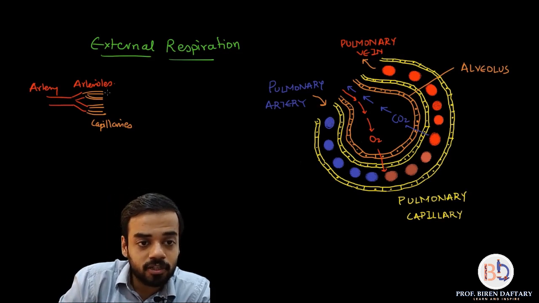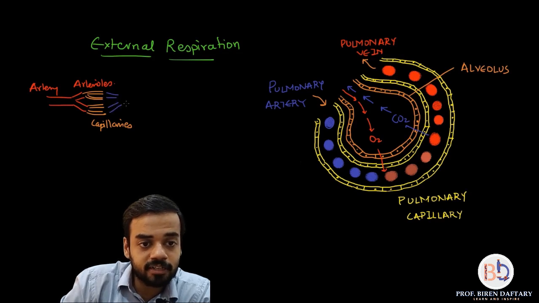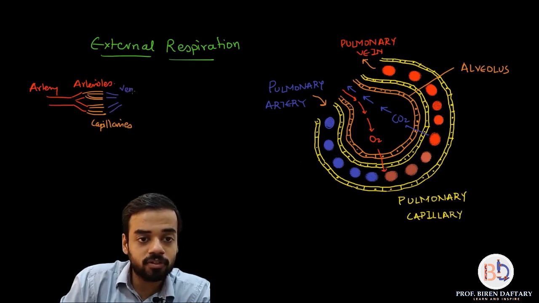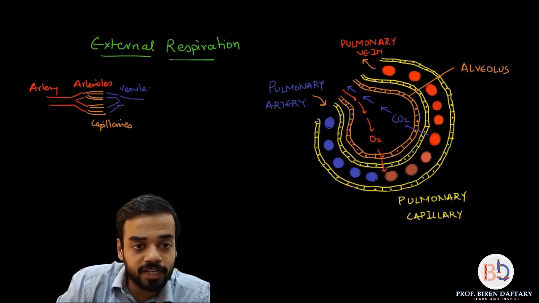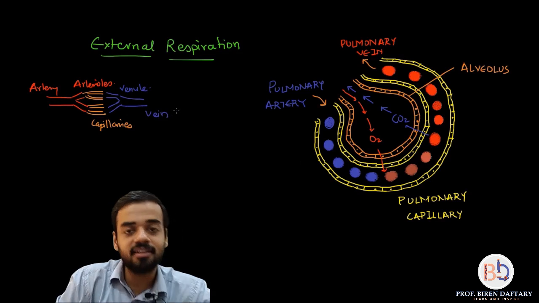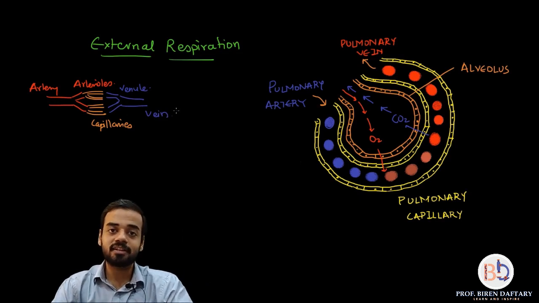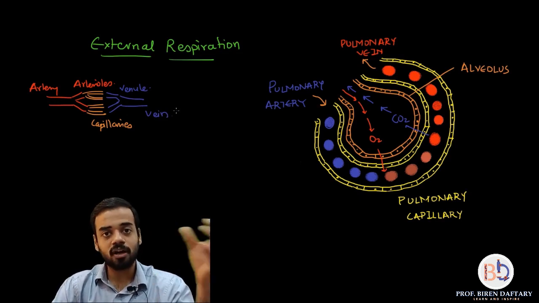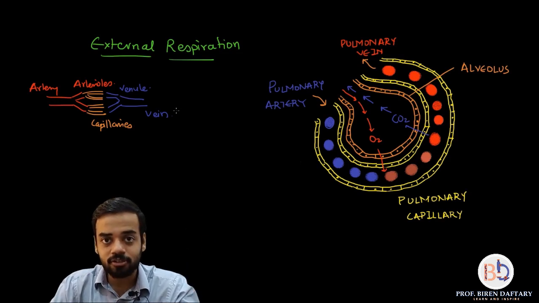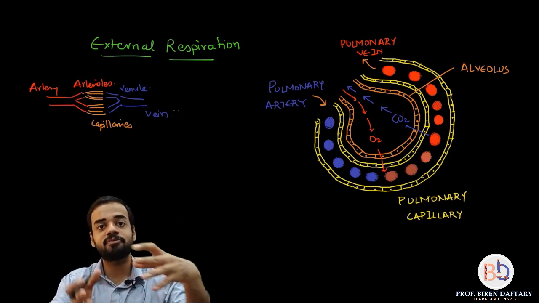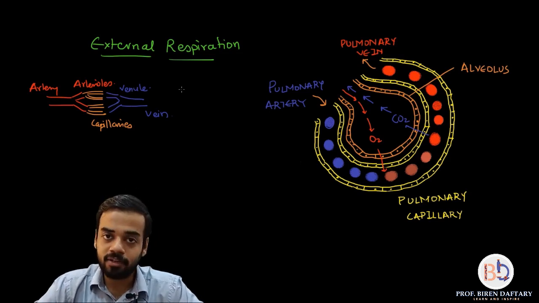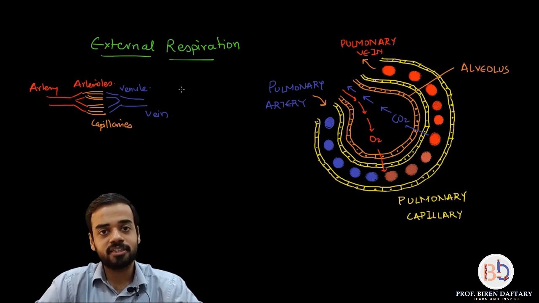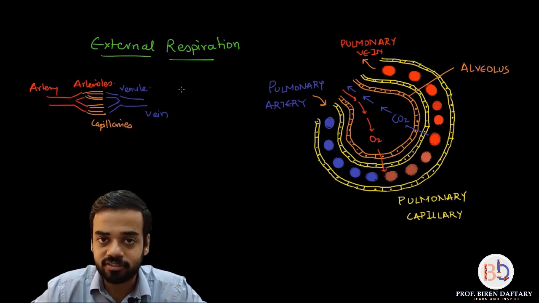Then what happens is after some time again the capillaries join up and they form a structure which are called as venules. So I will show you the venule. So this is one venule, this is the second venule. Okay, so I will write down over here venule, and the venules then join up to form a vein. So is this clear? So actually the arteries and veins are connected. Okay, so artery will divide into arterioles, arterioles will divide into capillaries, capillaries will join to form a venule, and venule will join to form a vein. Everybody knows arteries carry oxygenated blood and veins carry deoxygenated blood.